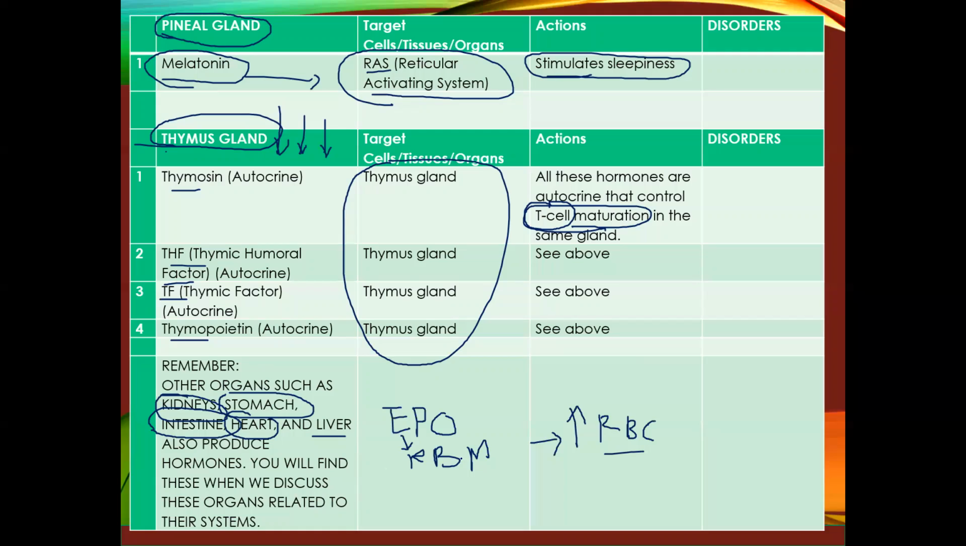I think that's all for the summary. I hope it helped. Again, it's very logical connections. The action makes sense. The target cell also makes sense for each hormone. We're going to have the last part of this endocrine system,